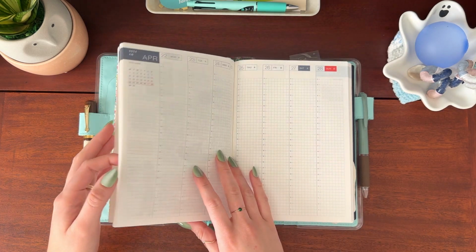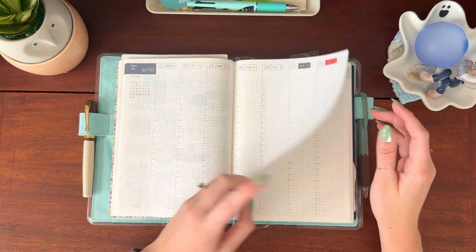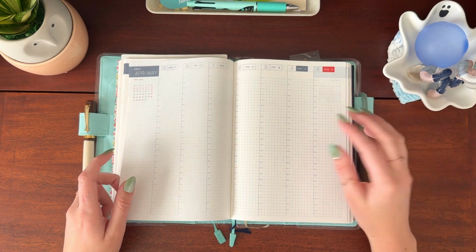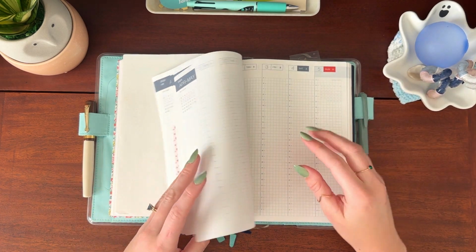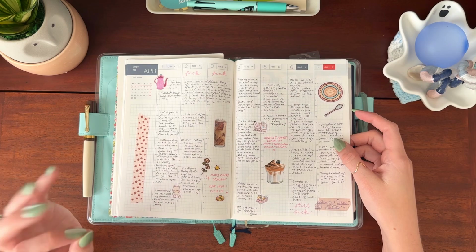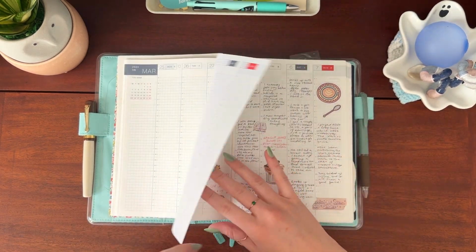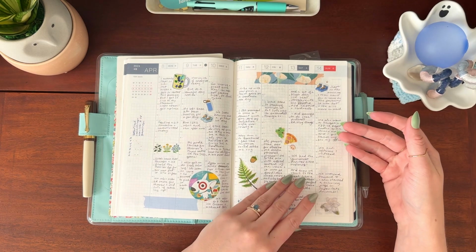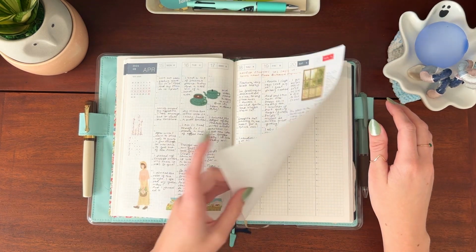And then the weeklies. Originally my plan for the weeklies was to do memory keeping, and I did a couple of spreads, but they were honestly so hard. This was so hard to do. It looks beautiful. I love the couple of spreads that I did do, but oh my gosh,